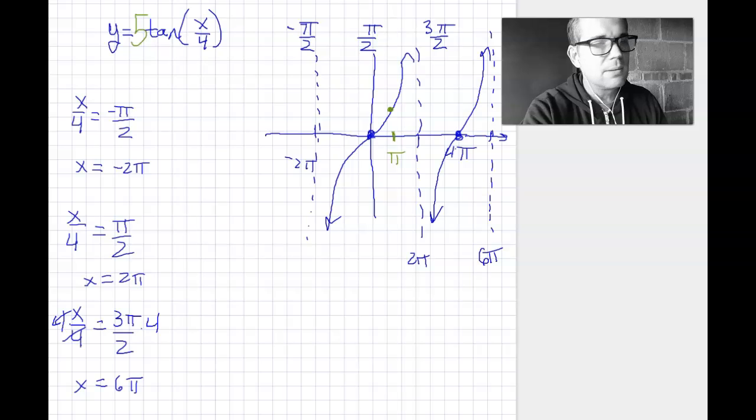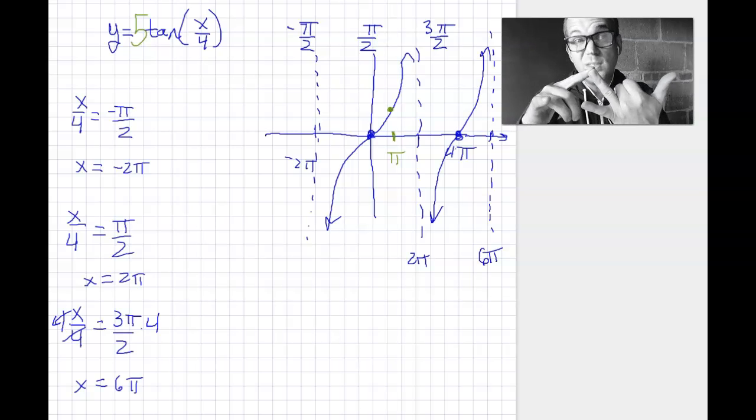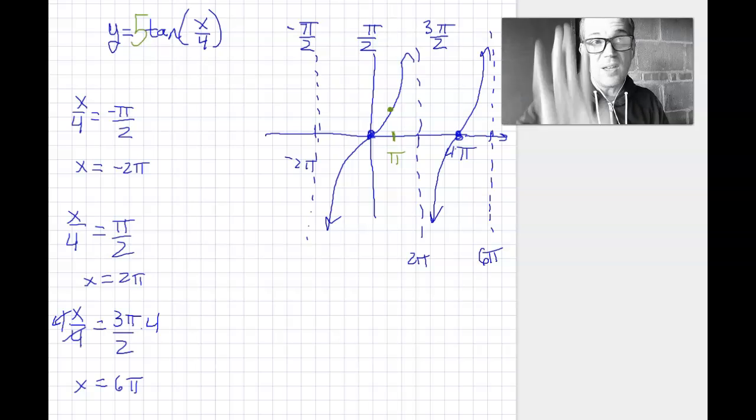It's not important. So if you see a stretch factor on any tangent or cotangent, don't stress out about it. Pretend it's not there. I just care if you know where the asymptotes and the zeros are in the general shape. That's all that matters for tangent and cotangent. For secant I care. For cosecant I care. For cosine and sine I care. But for tangent and cotangent, because it's going to hit all the y values forever,